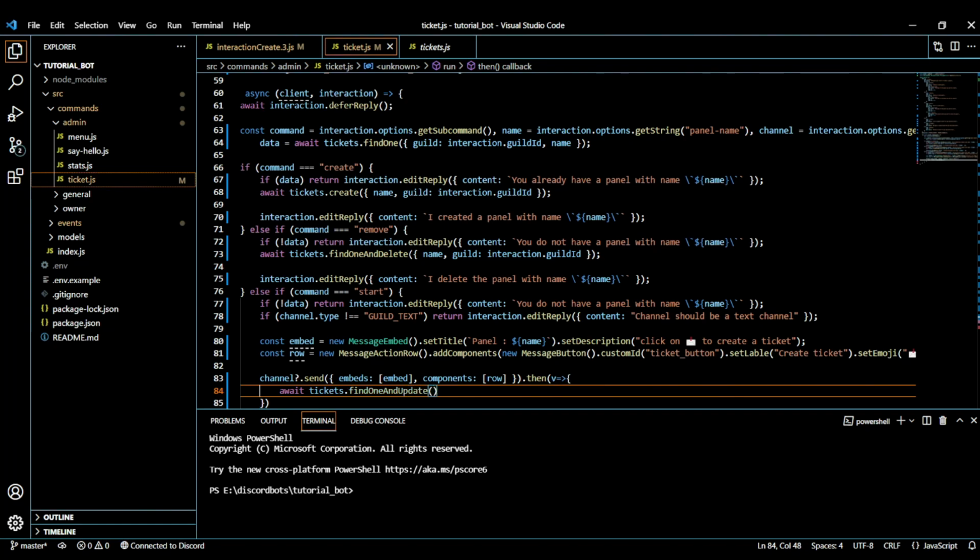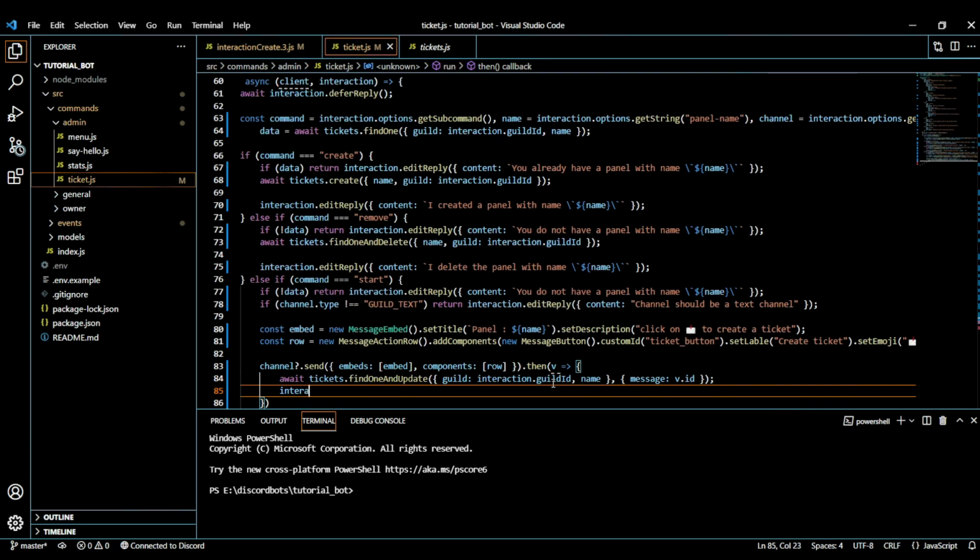And here what we are going to do is, first of all, we are going to provide the guild, so that, well, first of all, we are just going to find the panel and the name, and then we are going to add another object, and we are going to change some stuff like message is equal to v.id. So we are done, we did it, and now we just have to do interaction.editReply,